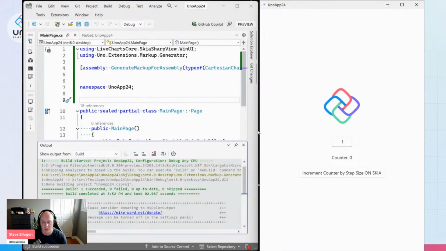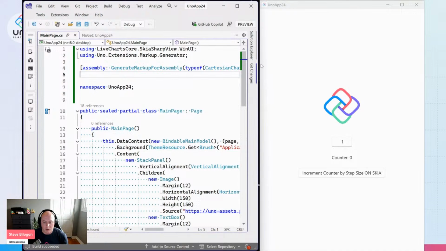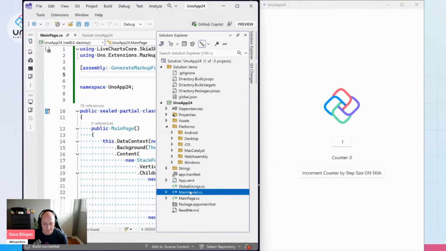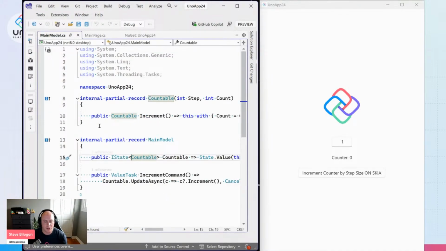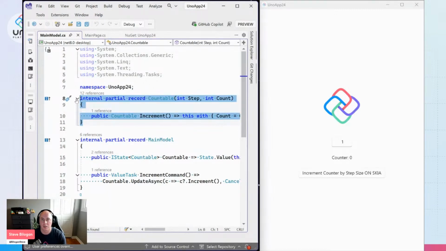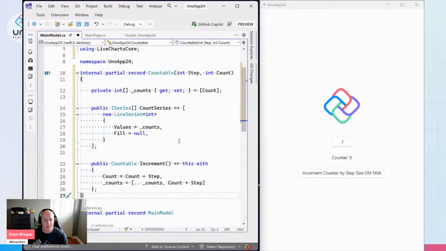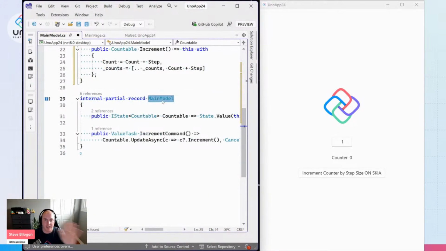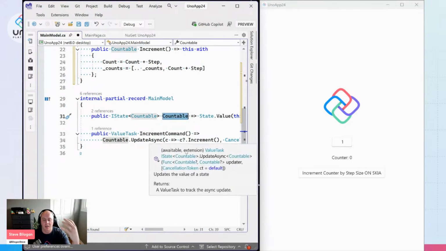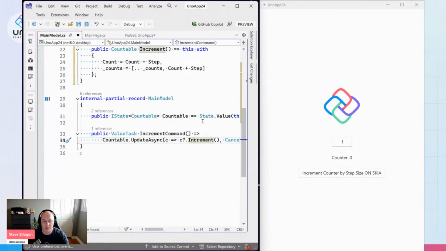And here you go. And we'll go to our model. And what I want to do is actually change this countable model now, since we're going to have a little bit of extra logic to have some data binding to the charts that we're going to expose, right? And so the thing is, the main model stays the exact same. I don't do anything. I'm still exposing countable as a state, and we're still pushing an update to countable by